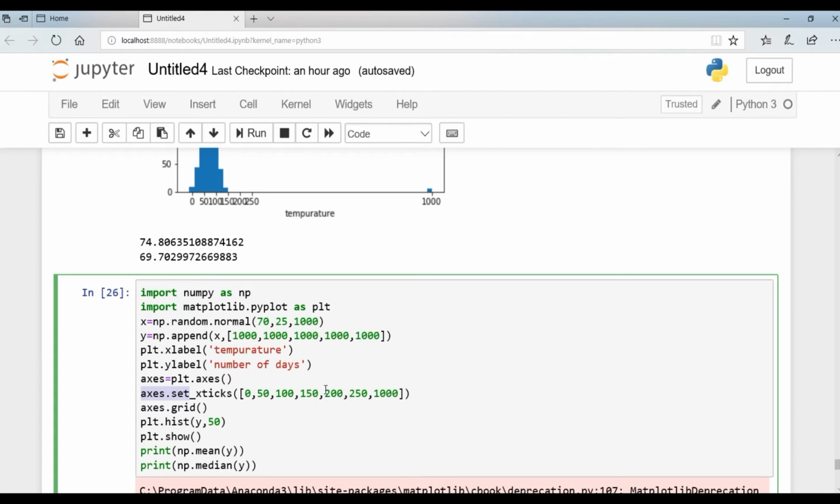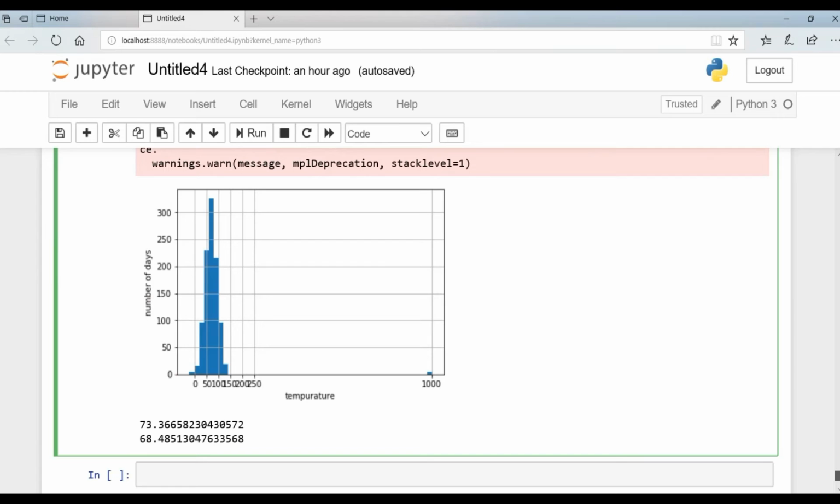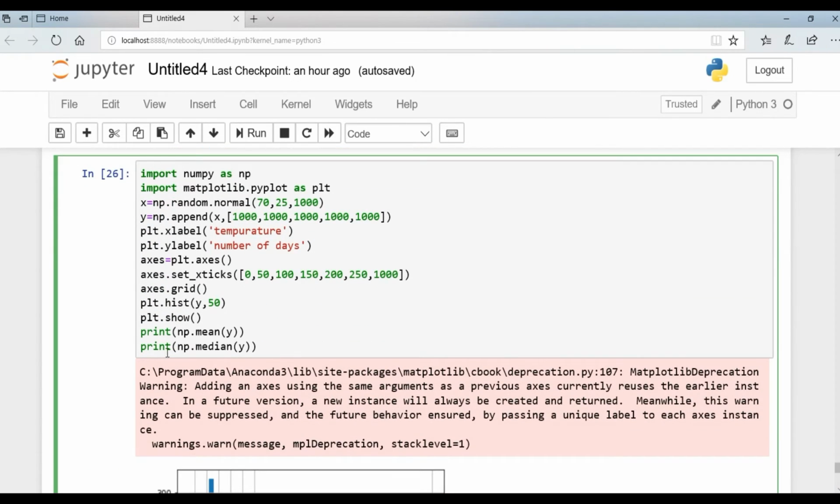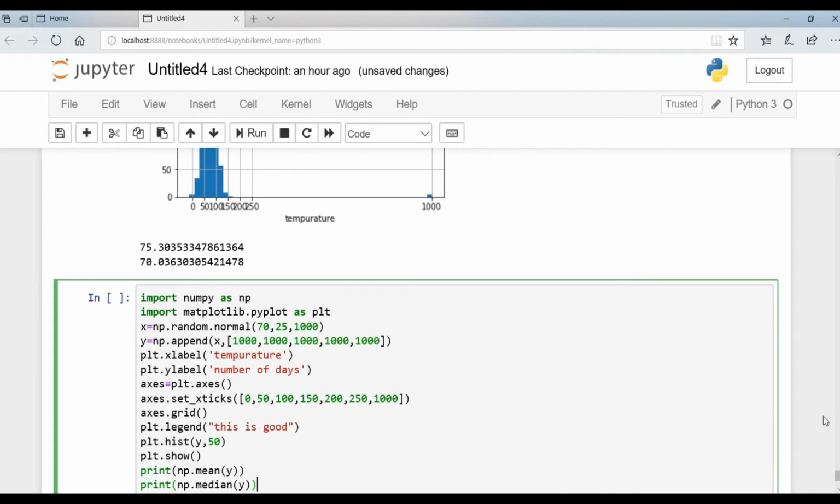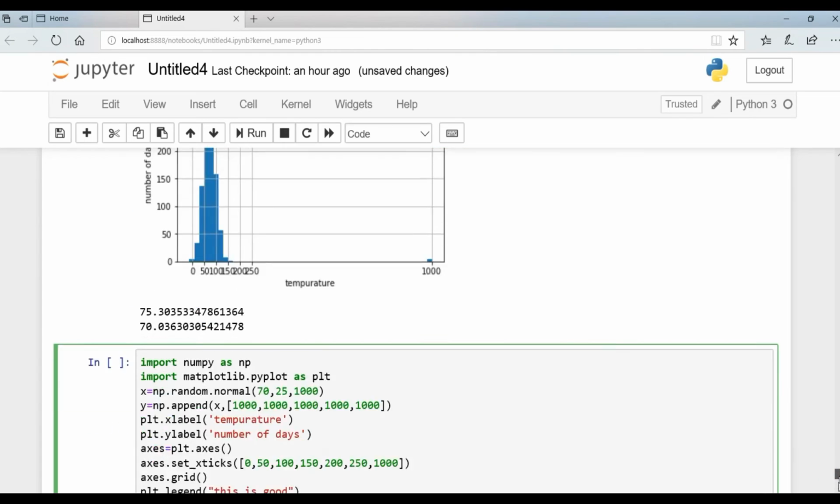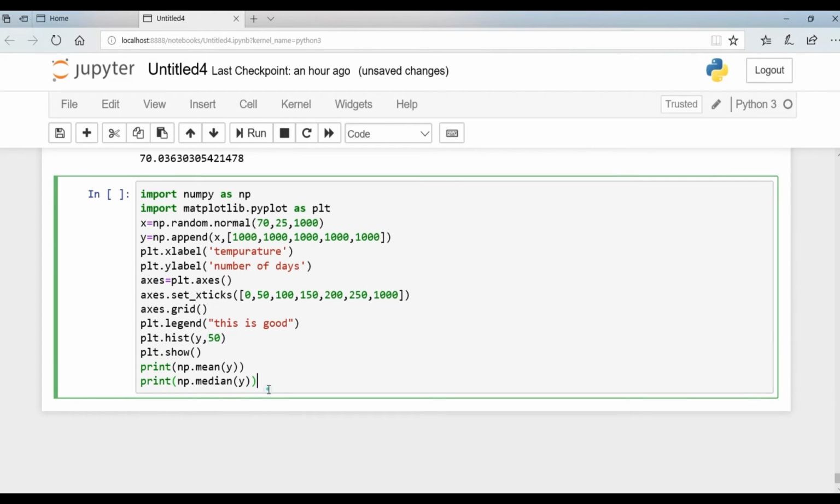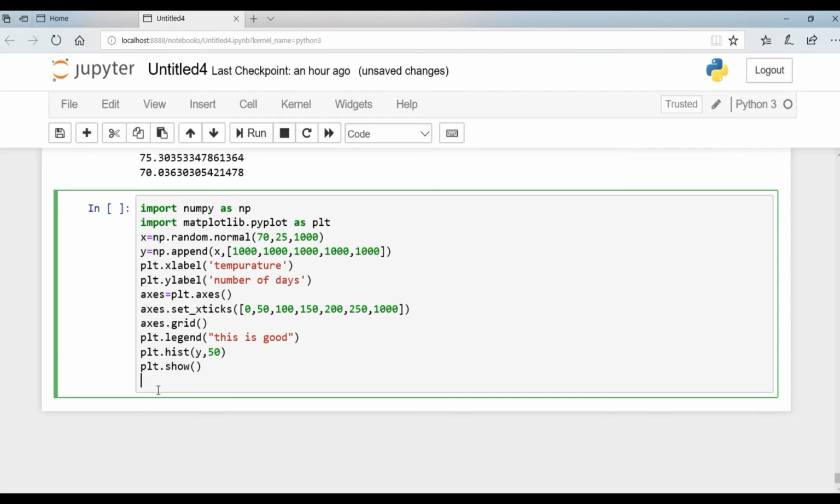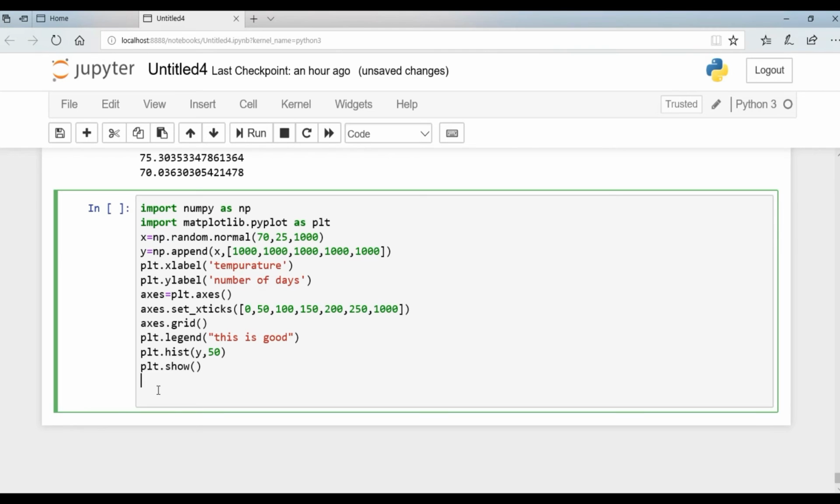Set ticks, what ticks I want I can keep, and apart from that I can set the grid so it's more clear as well. So I set the grid as well. Apart from this, doing the legend and the other things, until now we have seen histogram and we have seen the bar chart. Apart from this, within the continuous variables we have an option to go for